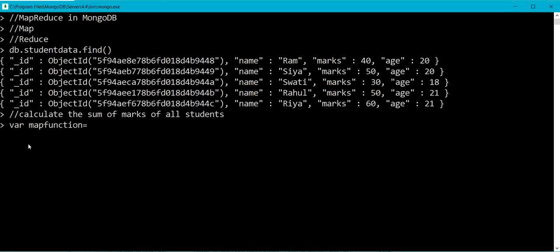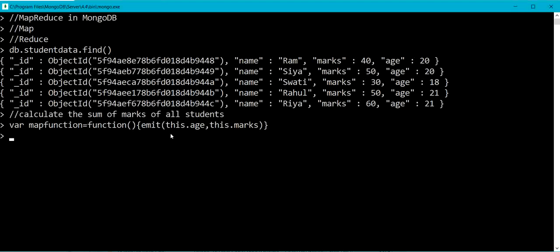So here map function is a variable declared with var keyword. Now according to syntax I am going to write map function: emit in parenthesis this dot age comma this dot marks. Let me complete curly bracket over here.